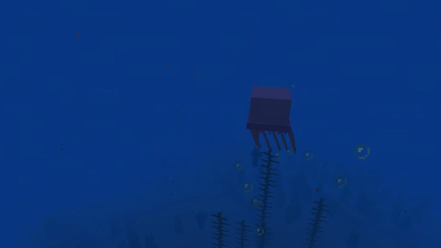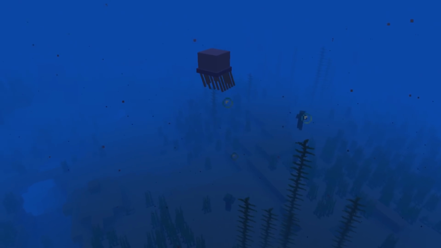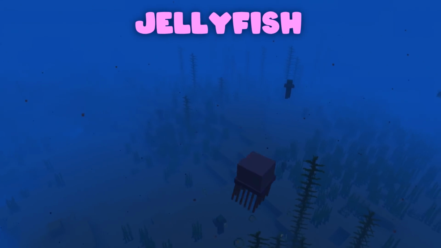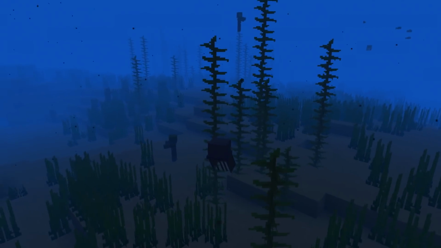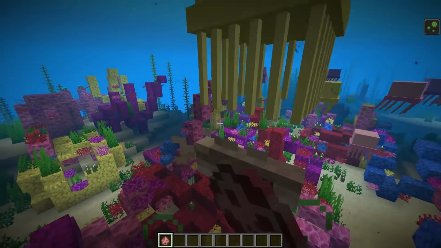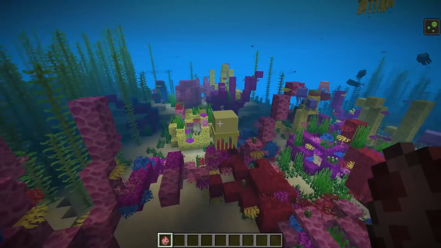Now, I've been seeing these things spawn all over this ocean while I've been flying around looking at it. The jellyfish. This is a jellyfish right here. The model is literally perfect. It fits into vanilla Minecraft exactly. Here you go, the warm ocean. The warm ocean is probably going to be a little bit better to see this thing because you can actually